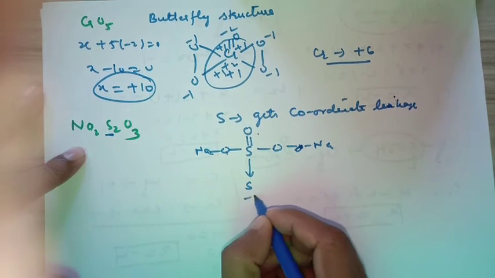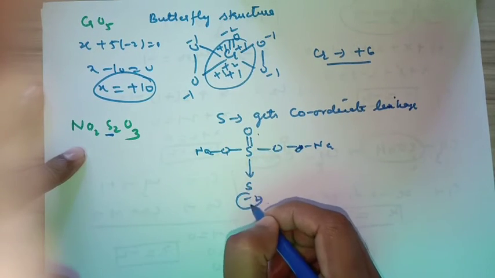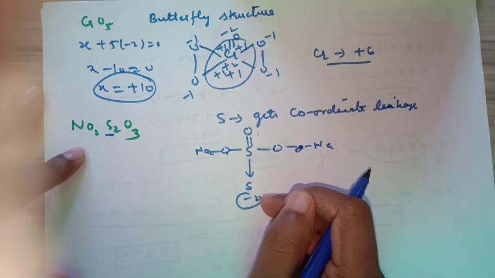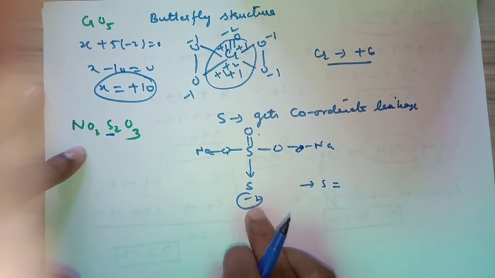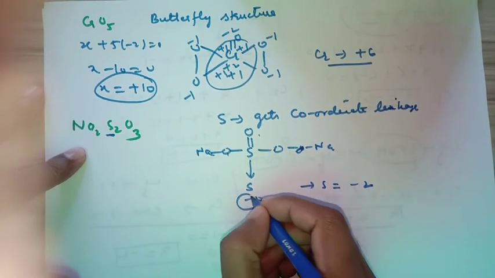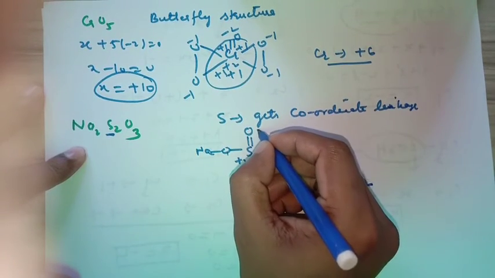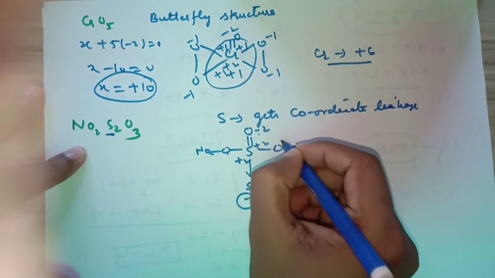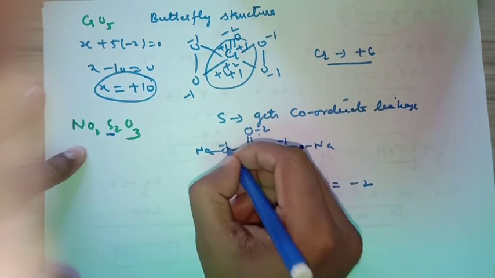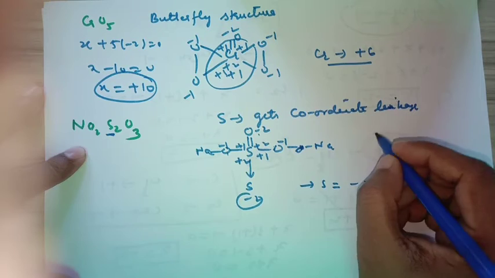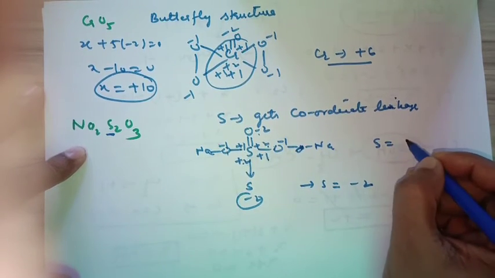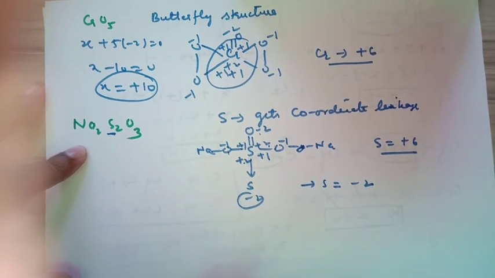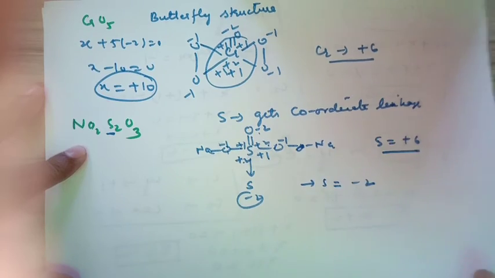So we now consider this will be -2 because 2 electrons are transferred directly. 2 इलेक्ट्रॉन सीधे इसके पास आ जाते हैं कोऑर्डिनेट लिंकेज में, तो इसका डायरेक्टली -2 हो जाएगा. तो एक सल्फर का जो ऑक्सीडेशन नंबर है उसको सीधे हम -2 मान लेंगे. इसकी वजह से इसके ऊपर क्या आएगा, +2. इस ऑक्सीजन की वजह से -2 तो इस पे +2 आ जाएगा, इसकी वजह से -1 तो इस पे +1 आ जाएगा। टोटल काउंट करने के बाद 2 1 3 2 5 1 6। सो सल्फर पे ऑक्सीडेशन नंबर दूसरा +6 हो जाएगा, एक पे -2 और दूसरे पे +6 ऑक्सीडेशन नंबर हो जाएगा।